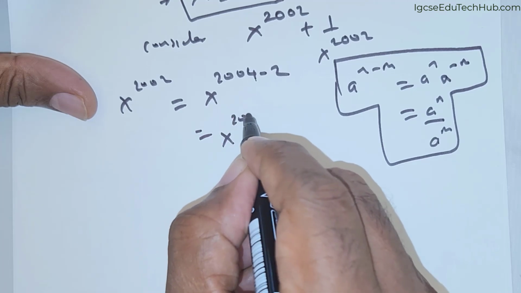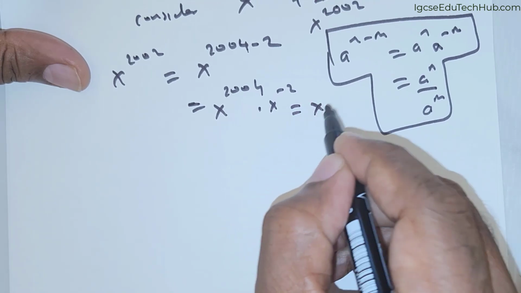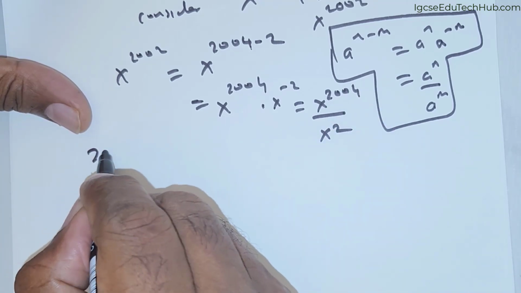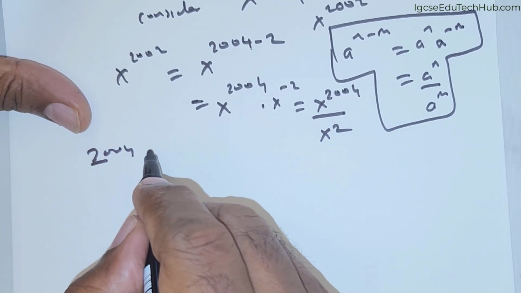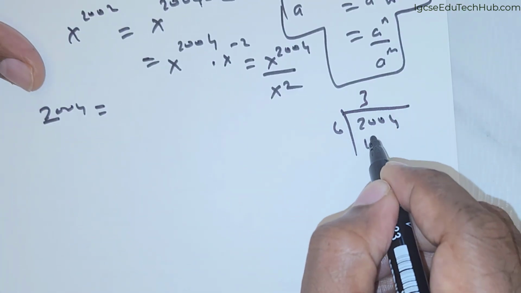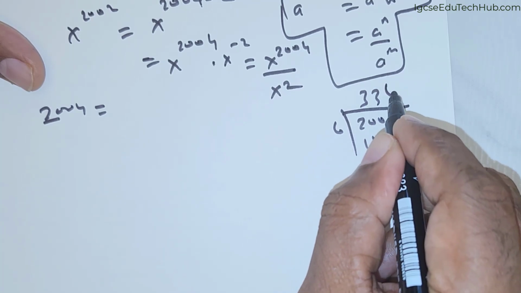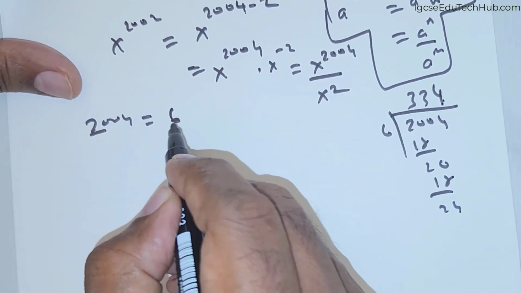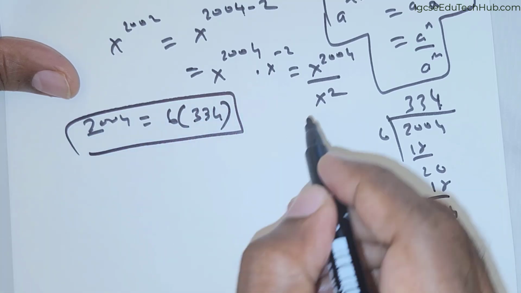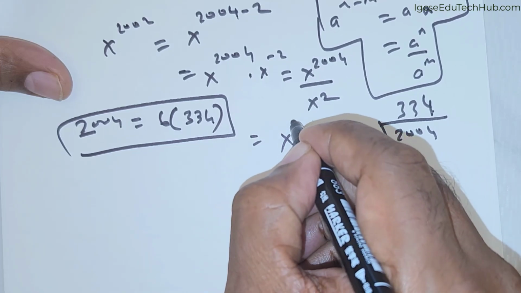So this is going to be x raised to the power of 2004 times x raised to the power of negative 2, which can be rewritten as x raised to the power of 2004 divided by x raised to the power of 2. Now 2004, can I write it as, you just see 2004, you divide by 6, you get 6 3s are 18, 2 add a 0, 6 3s are 18 and a 2 and a 4, you get 4 there. So 2004 can be rewritten as 6 multiplied with 334. I'm going to utilize this product over here. So this is going to be equal to x raised to the power of 6